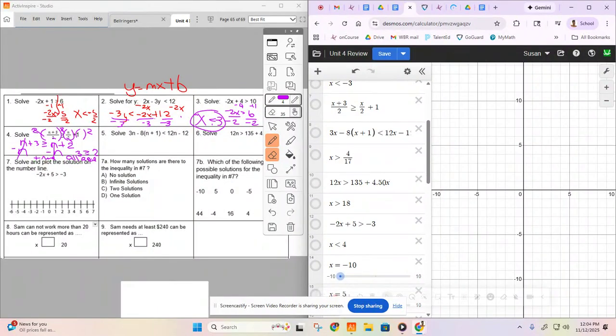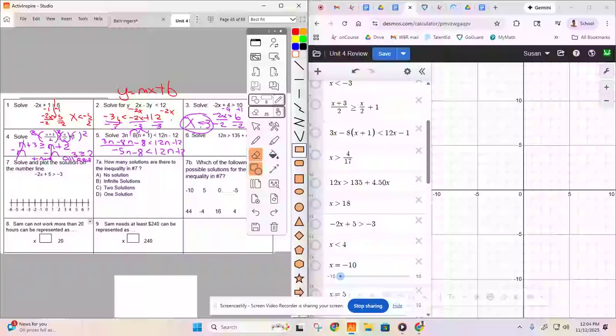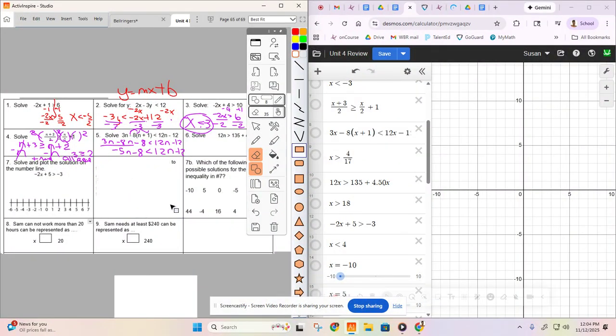This next one, I'm going to have to distribute this -8 to solve. That leaves me with 3n minus 8n minus 8 is less than 12n minus 12. Combine my like terms here. That gives me a -5n minus 8 is less than 12n minus 12. I do not have enough room, so I'm just going to add a little box real quick so that I can